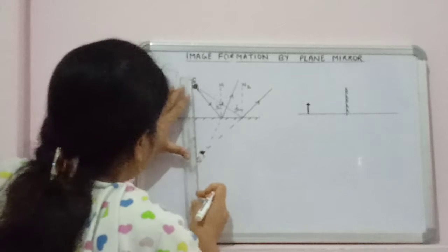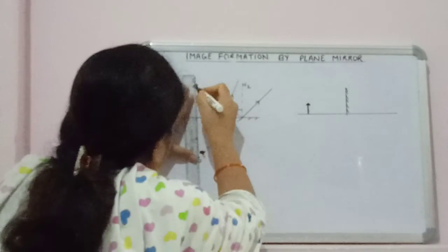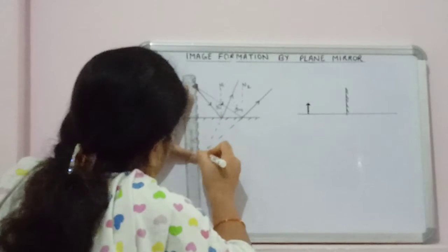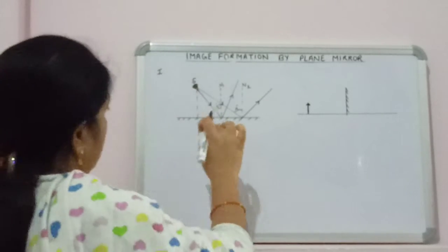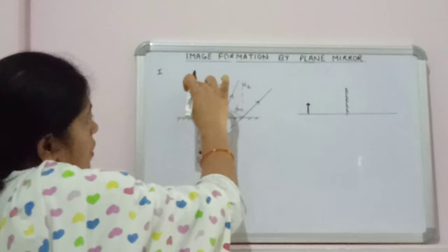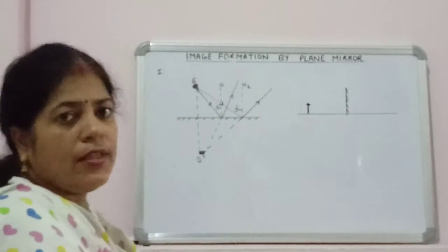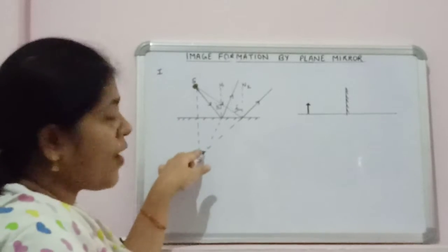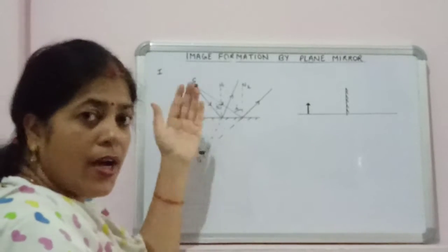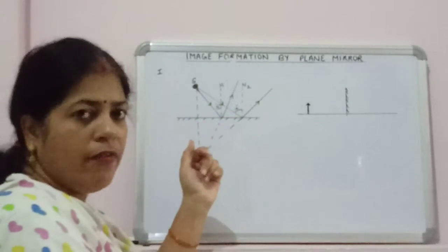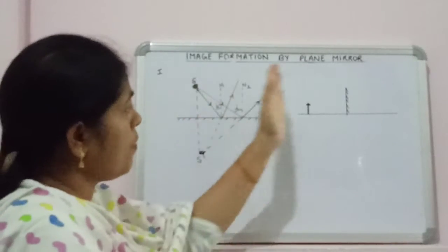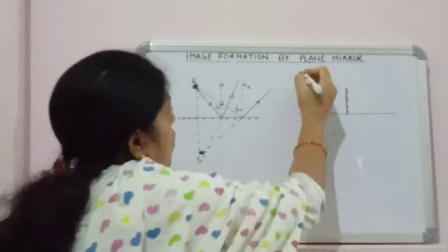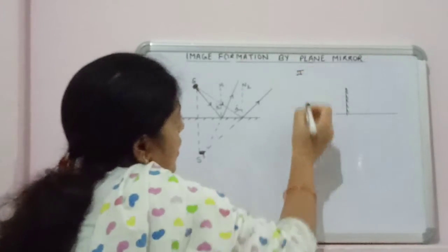If you see the distance between the image and the object from the mirror, these are equal. So it means the image is formed as far behind the mirror as the object is placed in front of it. We can draw this diagram for the second case also, when the object is placed in front